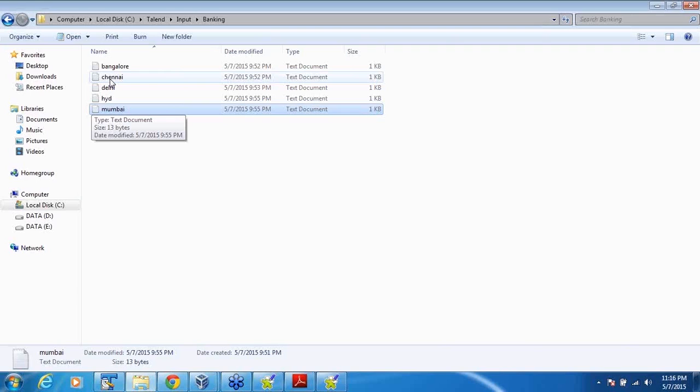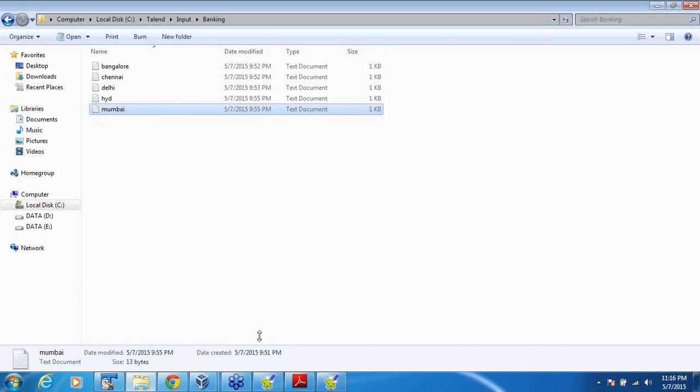So obviously they need to focus more on these cities, and which are the cities they are getting a very good conversion rate, and they want to know what it is that their employees are doing in these cities that they are getting more success rate. Okay, so in order to do this kind of analysis, Talend is quite capable of